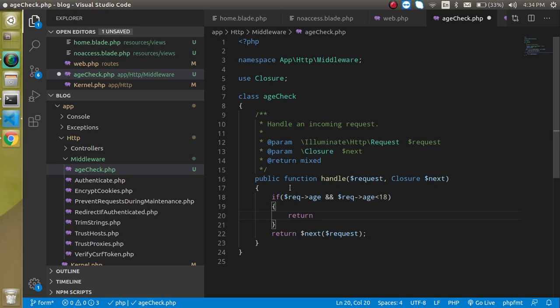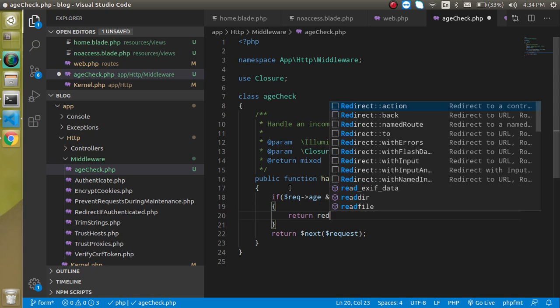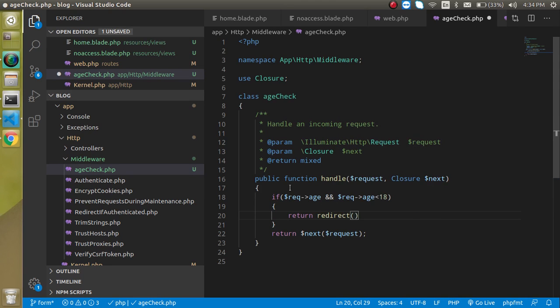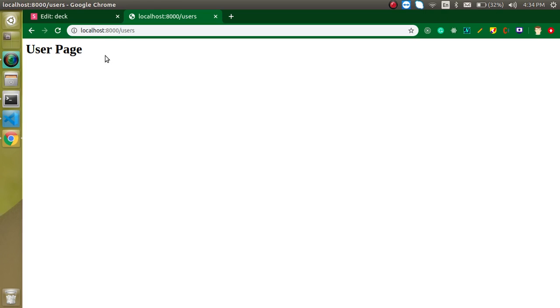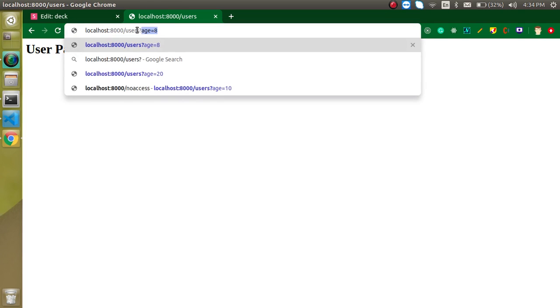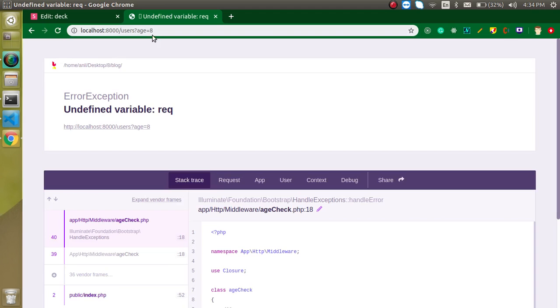So just return here redirect, and the no-access page, right? And now let's try to access first of all the users page, because we applied this middleware only on a specific route for the users. So just simply write here age is, okay.